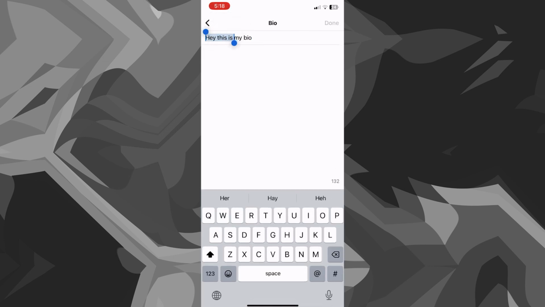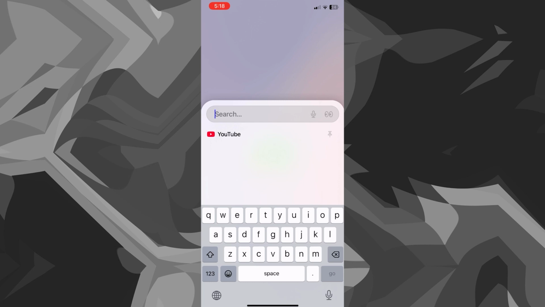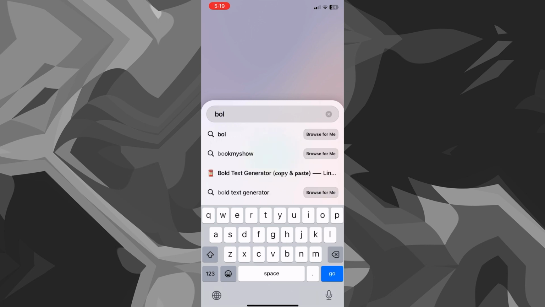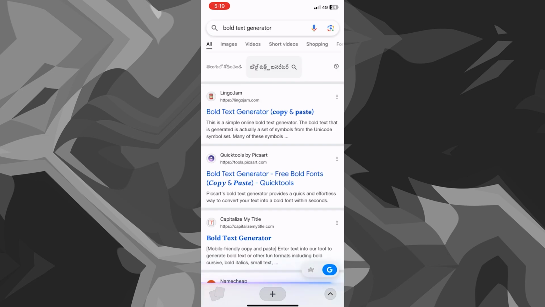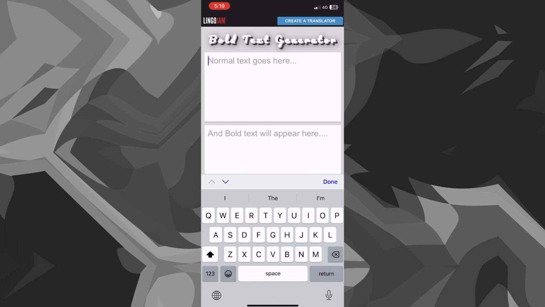Once you've copied it, you can go ahead and paste it on a third-party website where it will convert this into a bold text. You go to your browser. Once you're here, you can search for bold text generator. Once you search for that, you can click on the first link that pops up. It's by LingoJam. Once this is done, you can paste your bio here,